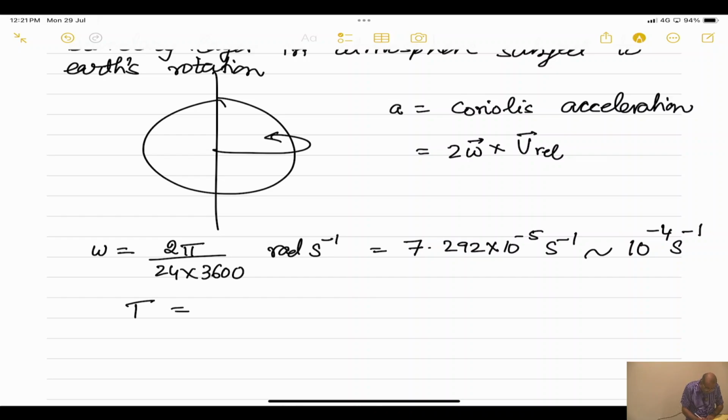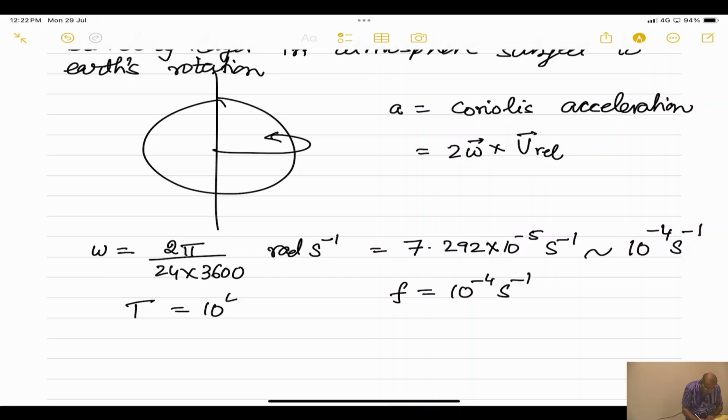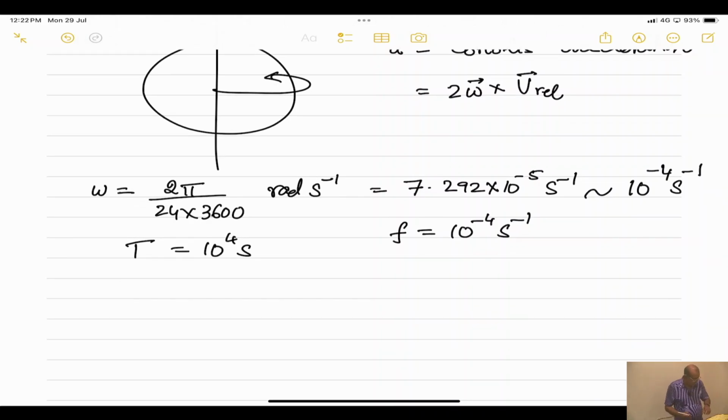The time period associated, so f is equal to omega, I am writing it as a typical frequency. So what will be the time period associated with this frequency? What is the relation between frequency and time period? 1 over f. So then, because we have already taken the 2 pi factor, this time period will be something like 10 to the power of 4 seconds, and essentially it is of the order of 1 day. Now, if the boundary layer